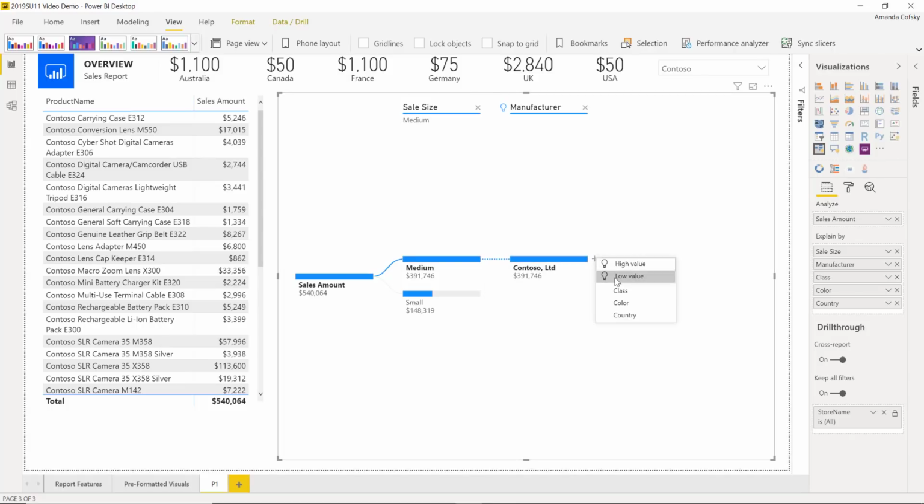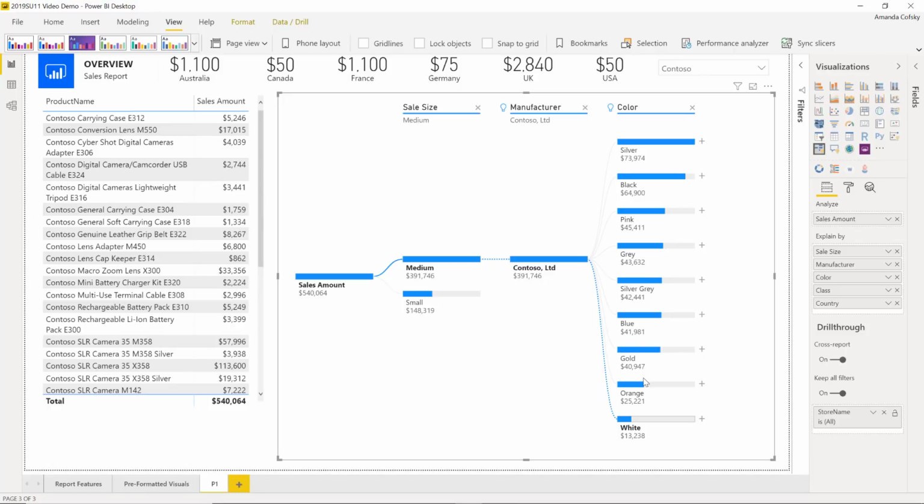And I can continue to expand and try all of these. And you'll notice that whenever there's an AI one, we have this little light bulb right next to the category name. And this lets you know that, hey, this was picked by AI, and also which one is the thing that AI wants you to pay attention to. In this case, I was looking for lowest value, which is color. And in that case, when you look at that, the dotted line for the leader line